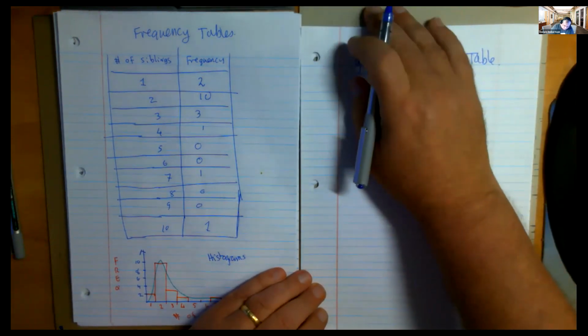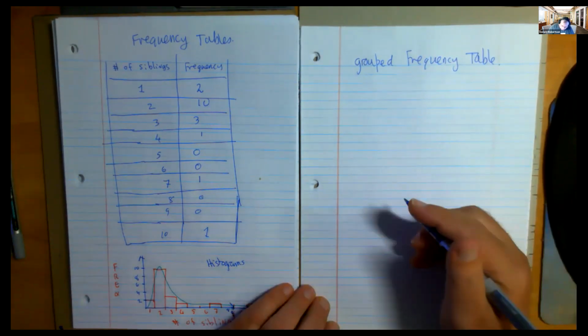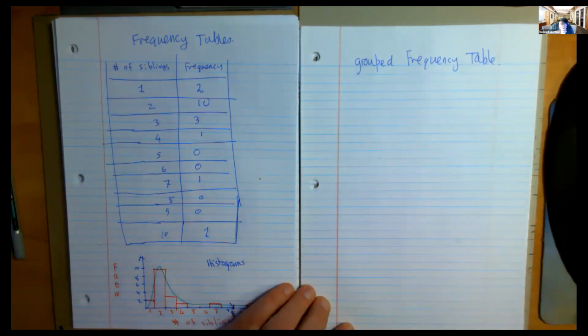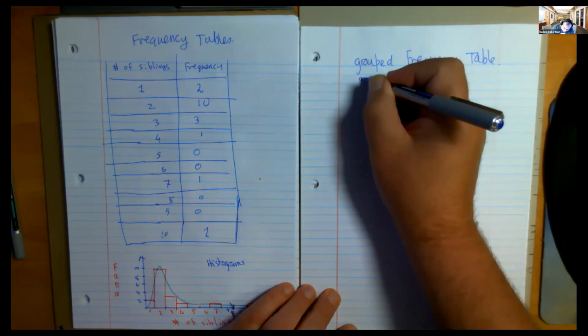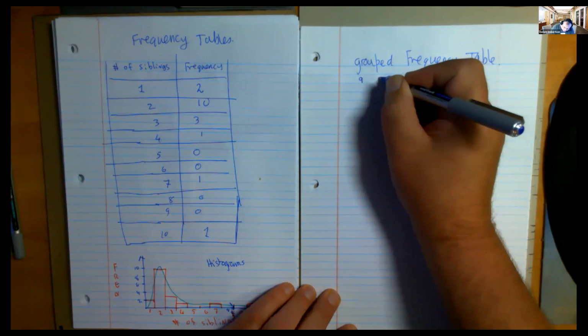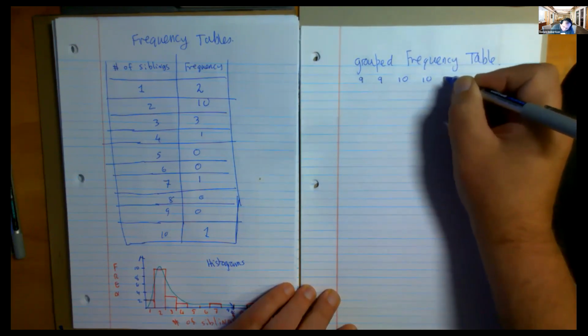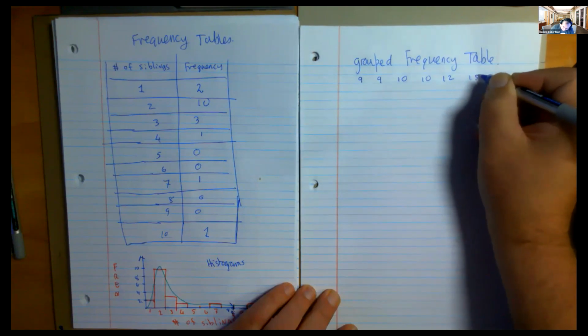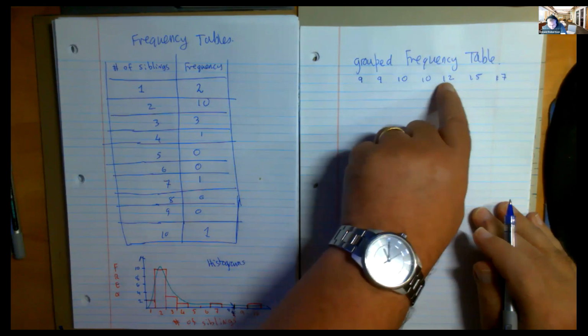So I went to a shop and I found out the ages of every person who was in the shop when I arrived. And I'll do them in order. So there was a 9-year-old, there was another 9-year-old, there was a 10, there was another 10, there was a 12, there was a 15, there was a 17, 1, 2, 3, 4, 5, 6, 7,